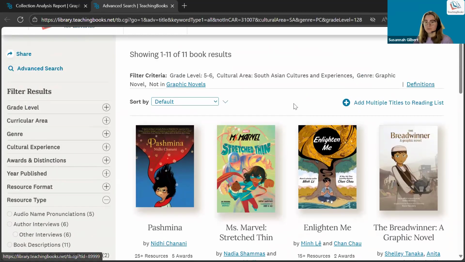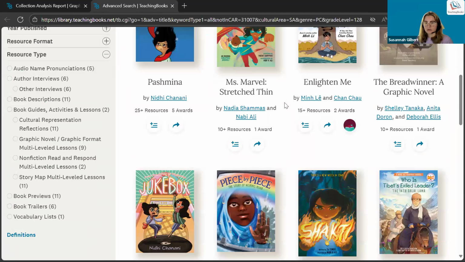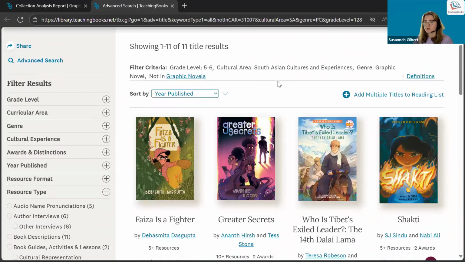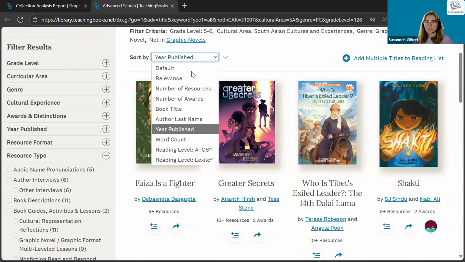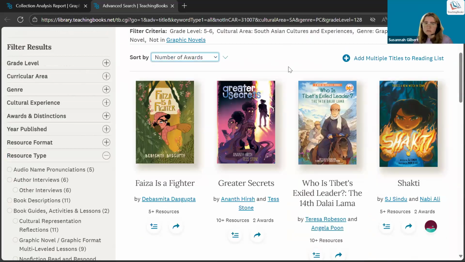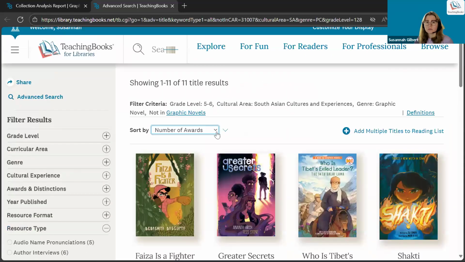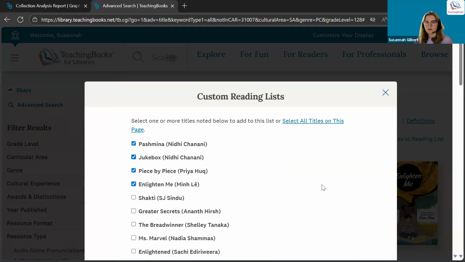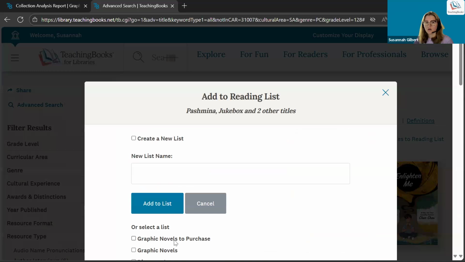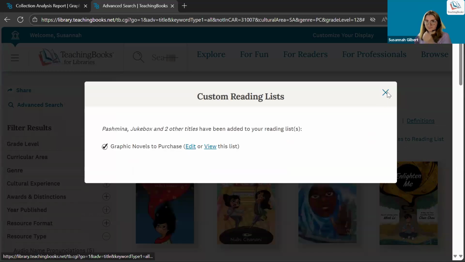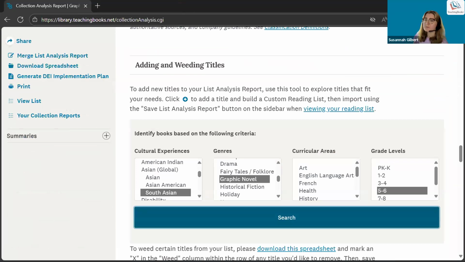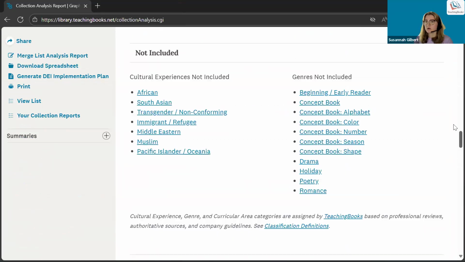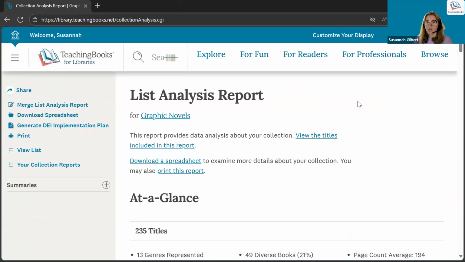It's going to filter those out for you automatically. But then maybe we want to sort these. We want the newest ones first. Or maybe we want the ones that have won the most awards up at the top. See what we get. And then we'll add a few of these, and these will go on our graphic novels to purchase list. So you can keep searching using this tool, or you can go, apologies for this scroll,